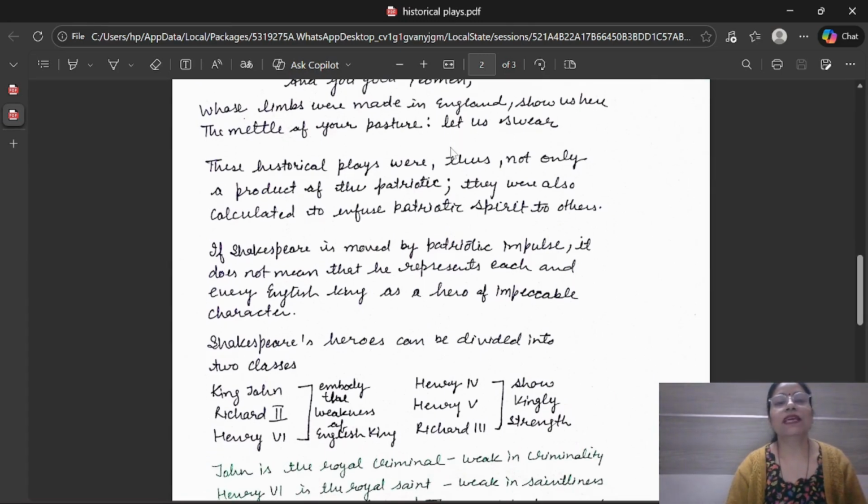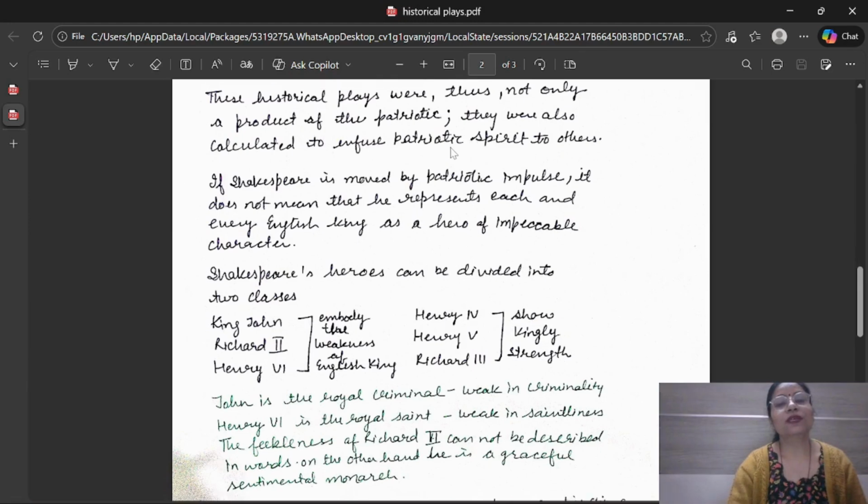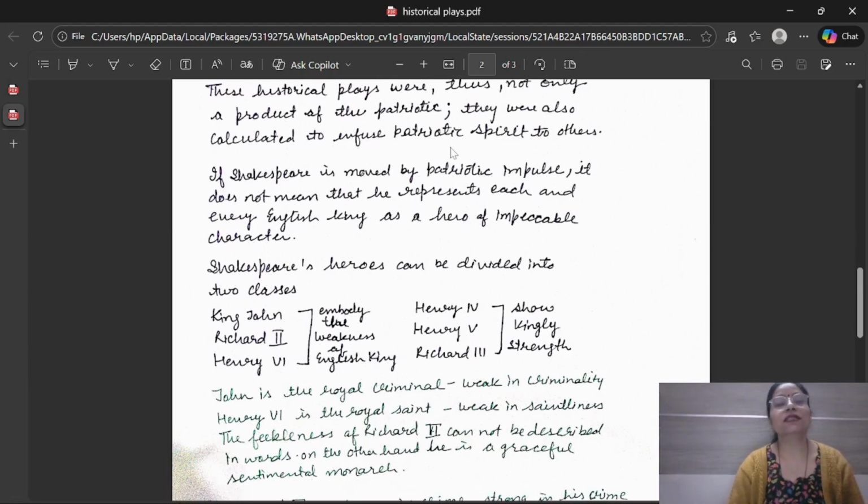These historical plays were thus not only a product of the patriotic, they were also calculated to infuse patriotic spirit to others. If Shakespeare is moved by patriotic impulse, it doesn't mean that he represents each and every English king as a hero of impeccable character. So, impeccable means he did not show all the characters perfectly well. He showed some faults in them. So, Shakespeare's plays were not only giving the knowledge of history, they were also showing his